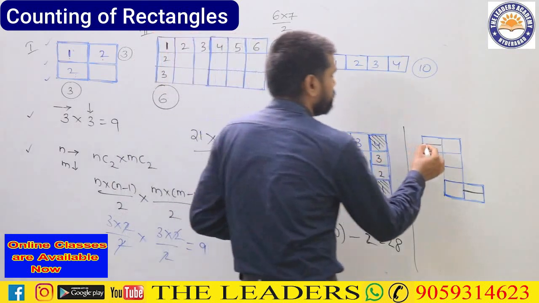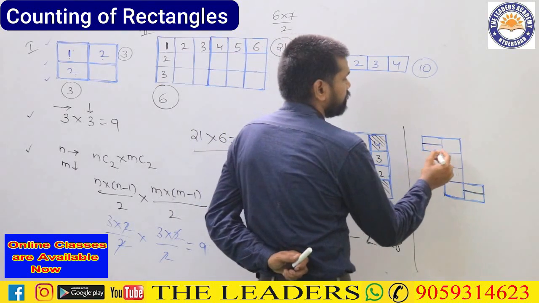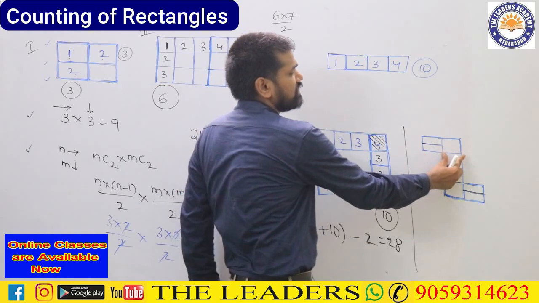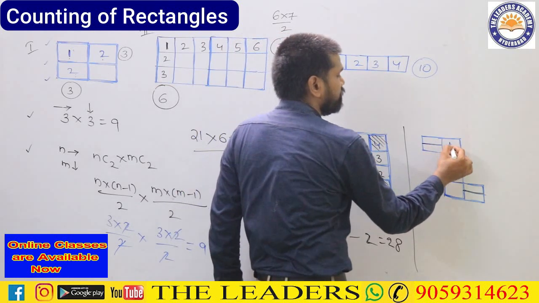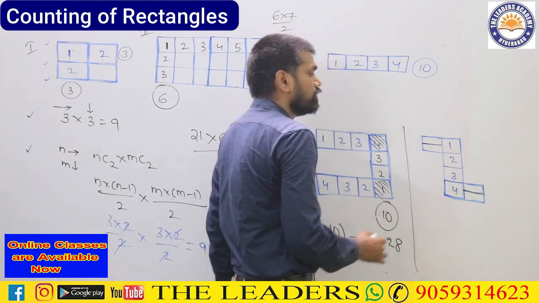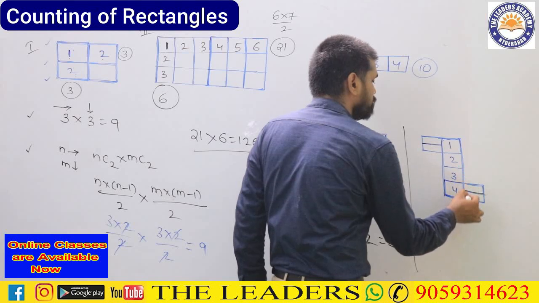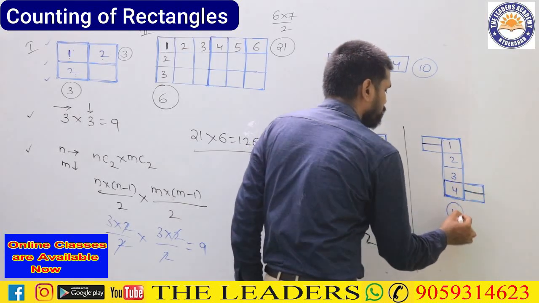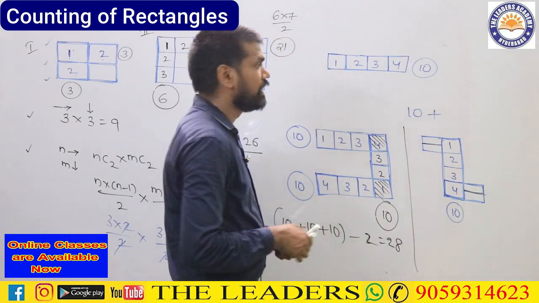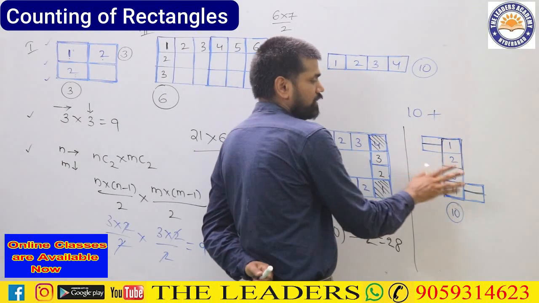So what exactly is that? If you go for the number of rectangles here, again, if you take this one, you forget about this line for some time. You take this as one box, this as one box. So in total it is giving you how much? So let me write it here. 1, 2, 3, 4. So 1, 2, 3, 4. This 1, 2, 3, 4 is adding up to how much here? 10. That means there are 10 rectangles over there. Plus, I am counting. See, this I have counted, this I have counted, this also I have counted. What I have not counted, I will show you further.